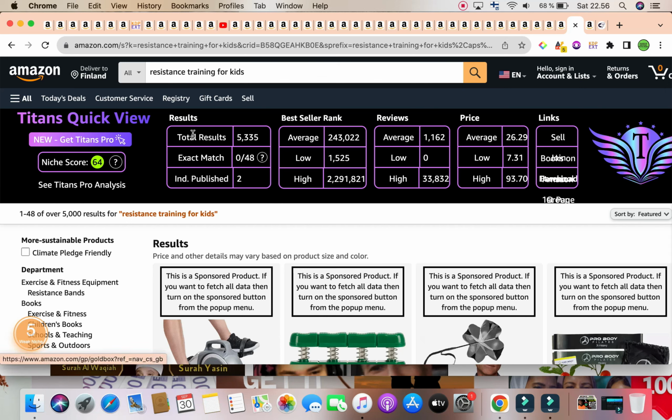Also, if you currently have any book in your portfolio that is related to exercise and children in terms of this keyword right here, the previous keyword was for anything related to exercise in general. This one is for anything in your portfolio related to children's exercise, children's fitness, kind of like an exercise tracker, fitness tracker, these kinds of things. You could also add this wonderful keyword right here to the 7 keyword